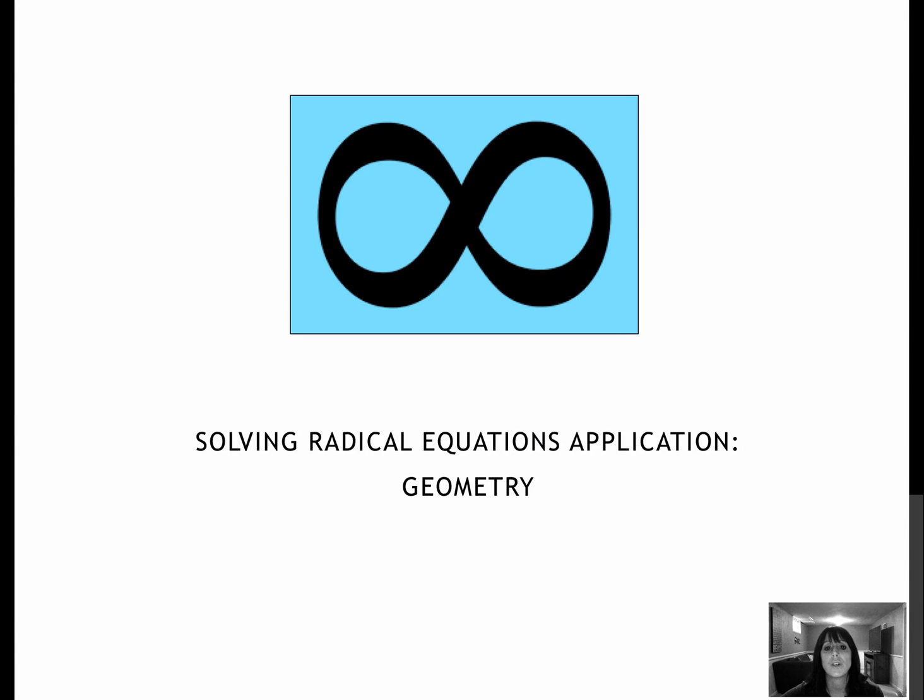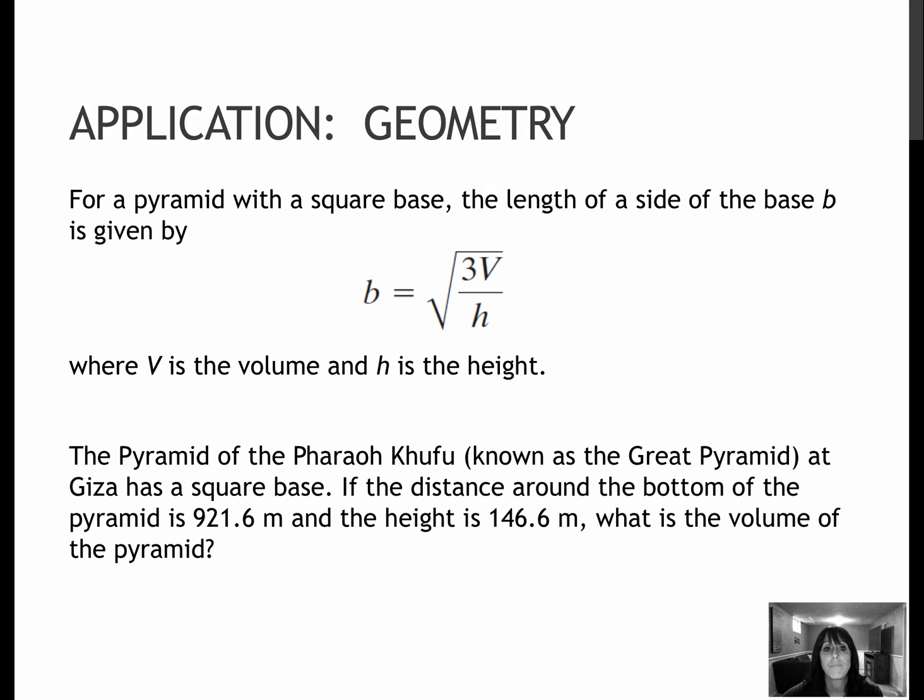This is an application of solving a radical equation related to geometry. So we are given in this case the formula to find the base of a square base pyramid. So we're going to find the length of the side of the base. And so they give us that formula where V is volume, H is height, and B is the length of